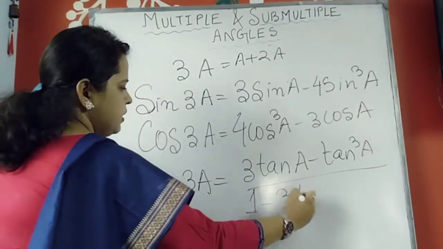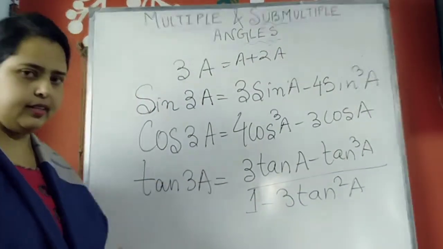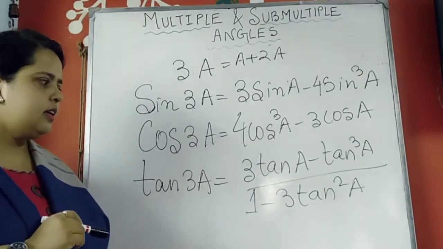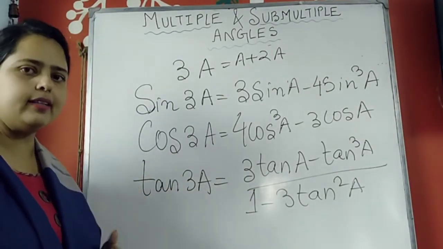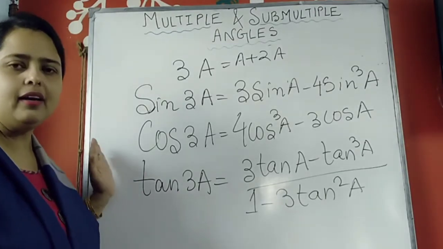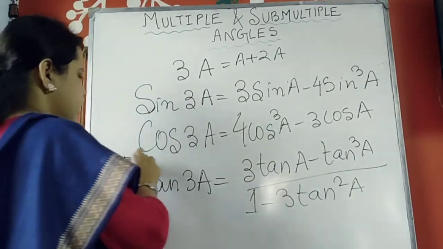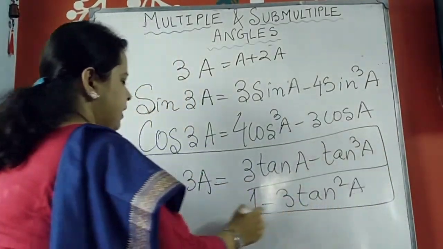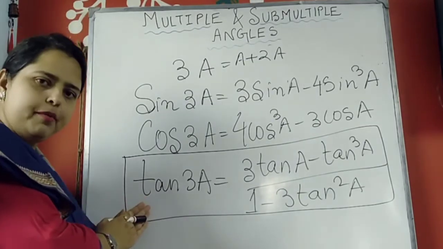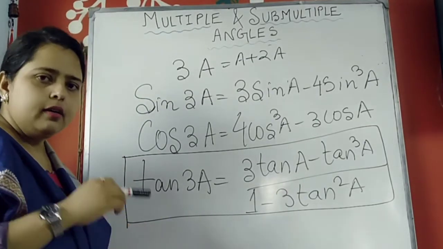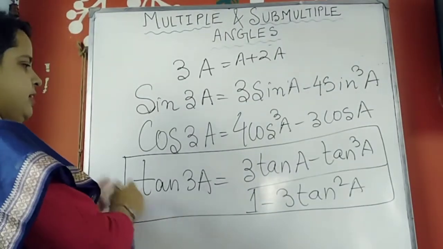Do you remember that we have already used this formula? Where? Yes, in the last class. And I have told you we are going to soon get this particular formula in our next class. So here it is. In the problem of tan 20, tan 40, tan 60, remember we used this formula and made the problem shorter by using this particular tan 3A. So here it is, okay.